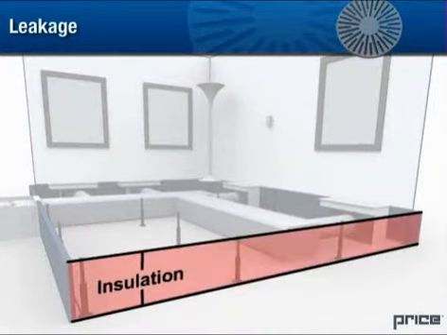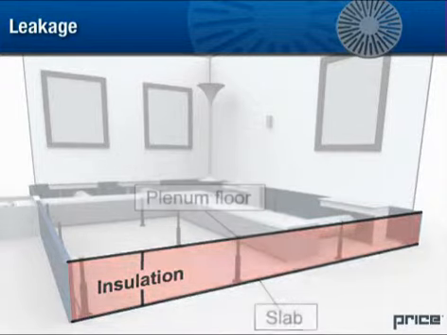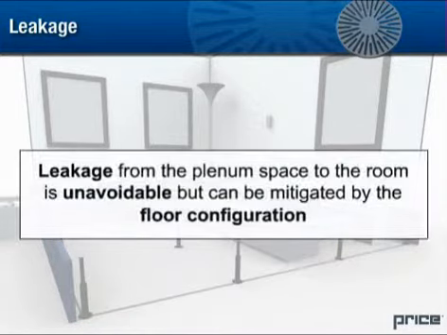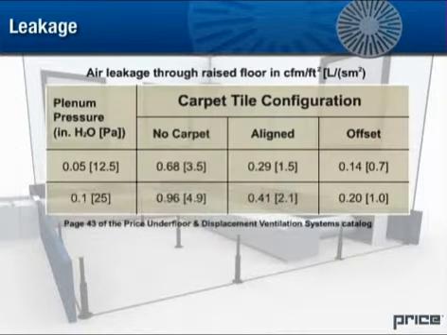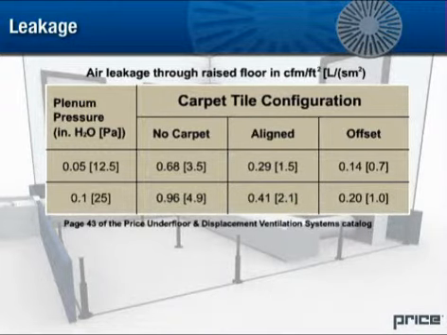It is recommended that insulation equal to the height of the floor plenum be installed along the perimeter walls. Furthermore, it is essential that partitions extend from the slab to the plenum floor in order to effectively seal the plenum. Having said that, leakage from the plenum space to the room is unavoidable, but can be mitigated by the floor configuration. This table, page 43 of the Price Underfloor and Displacement Ventilation Systems catalog, shows the leakage of a